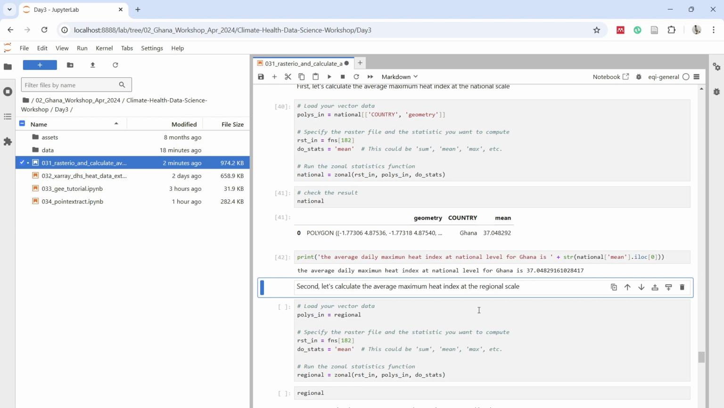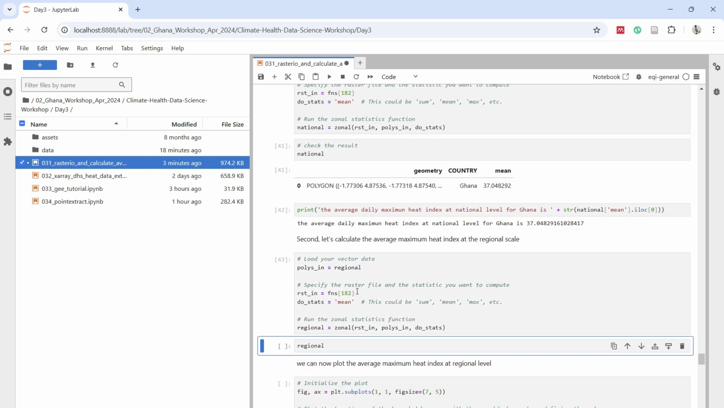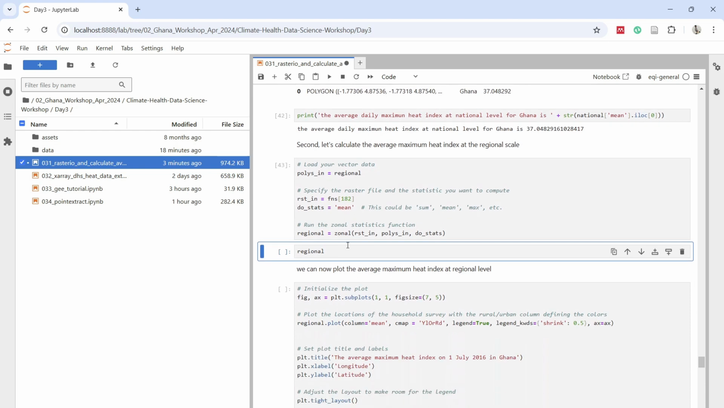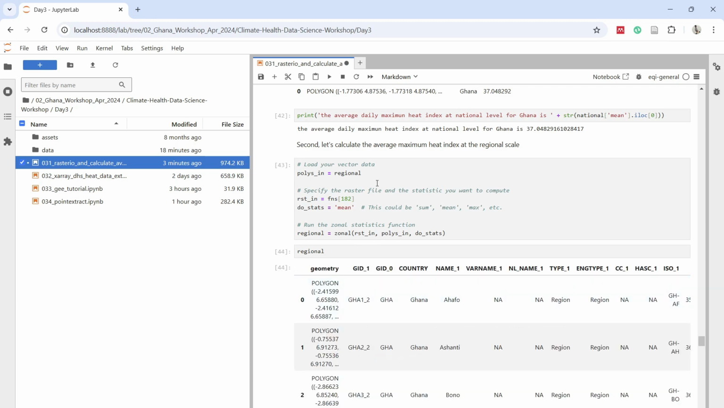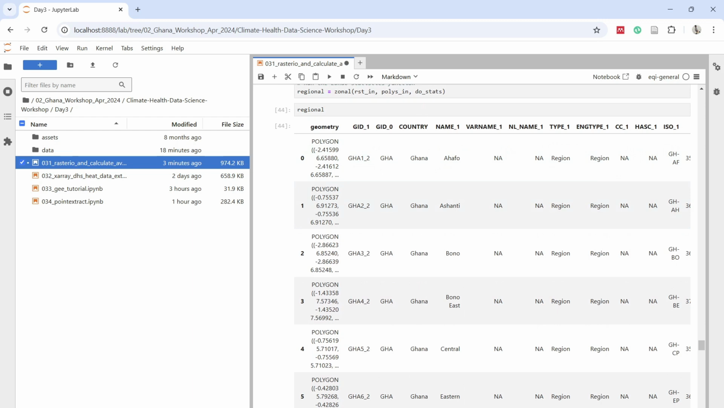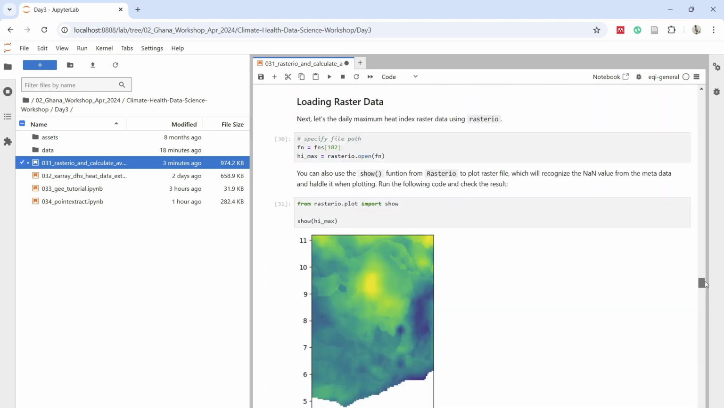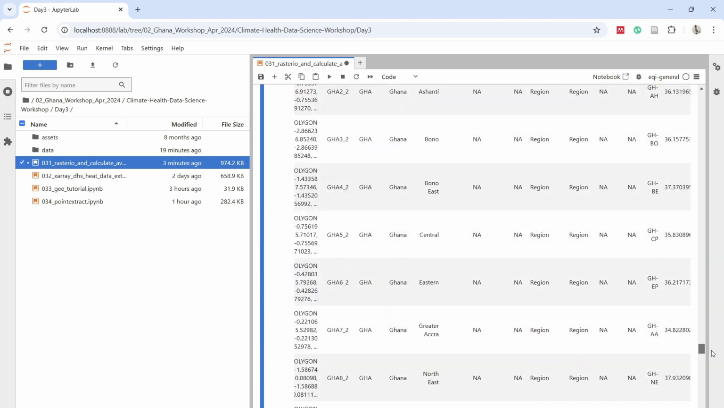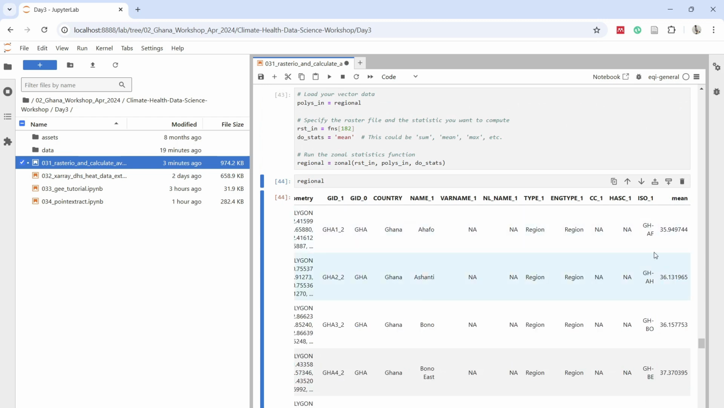And moving on to the regional level analysis, we'll follow a similar process, but using our regional boundary data instead. So here, the polygons in is modified to regional. And similarly, we run the same approach. And if we print the result data frame, we can see that this is a much more extensive list, but we can see that the final column here, we have a mean column, which is the mean heat index for